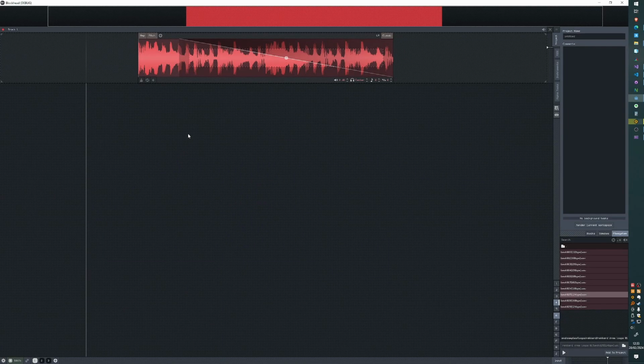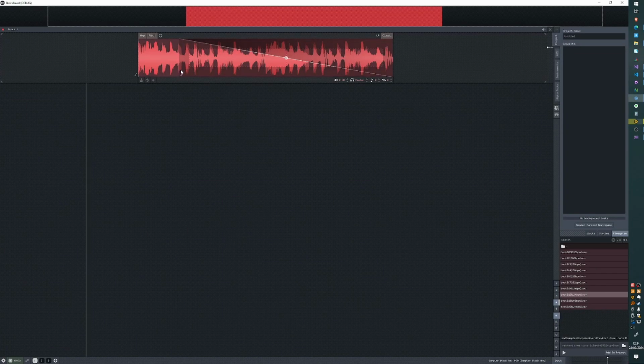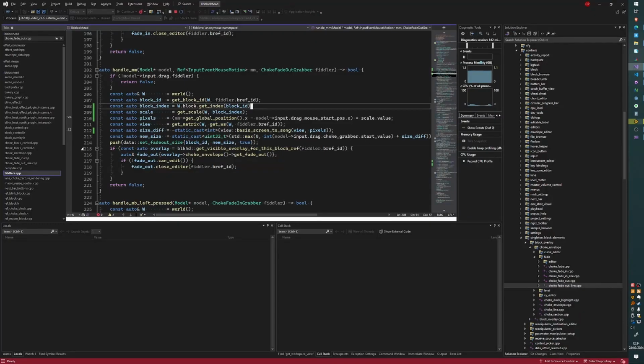What is happening? I don't understand this. This is just weird. If the size of the fade out is the size of the block, which I think it is,